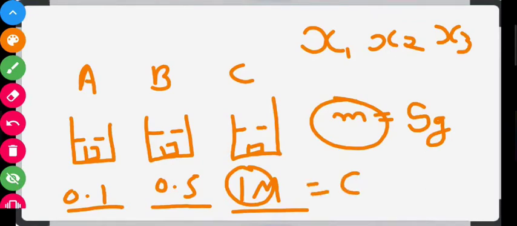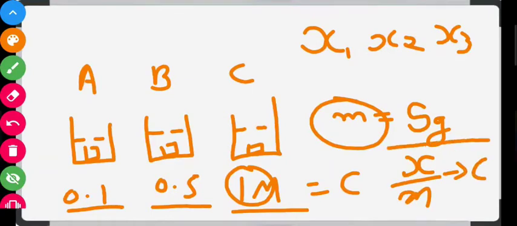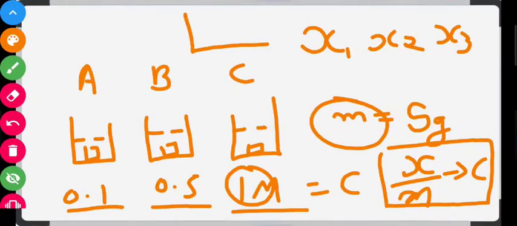And now you have to plot the graph of x upon m against C. From this graph you can take the logarithm of these values, and then you will get a straight line graph like this, and from the value of slope and intercept you can find the value of constants k and